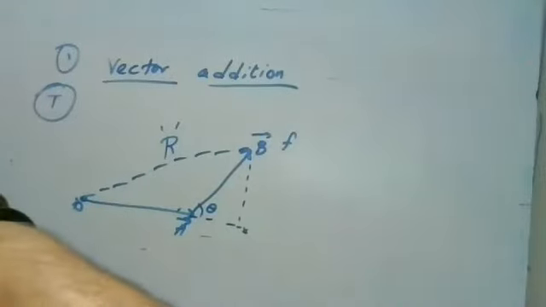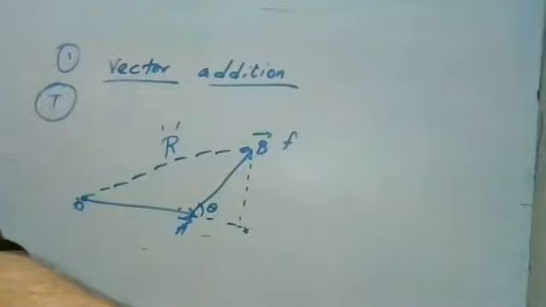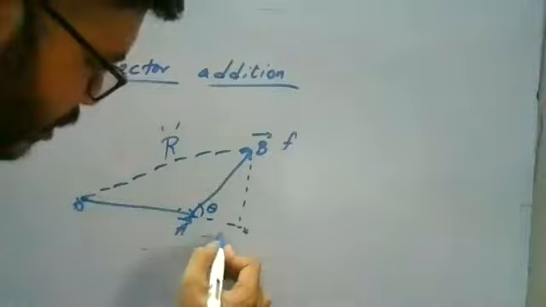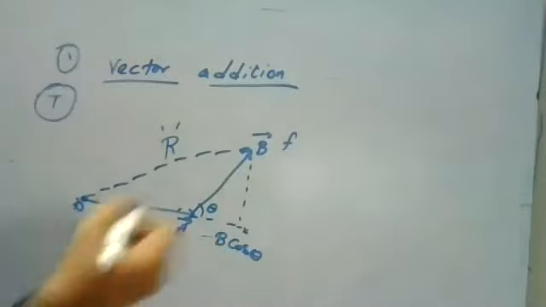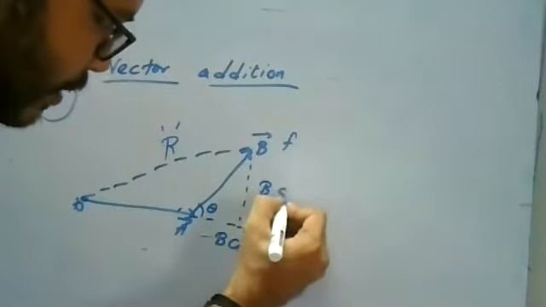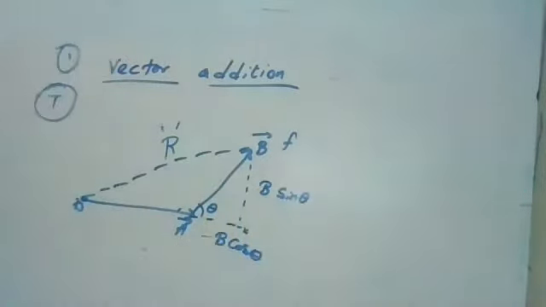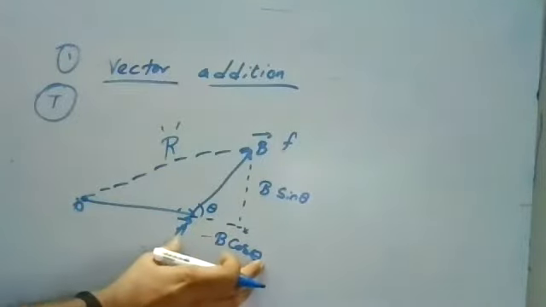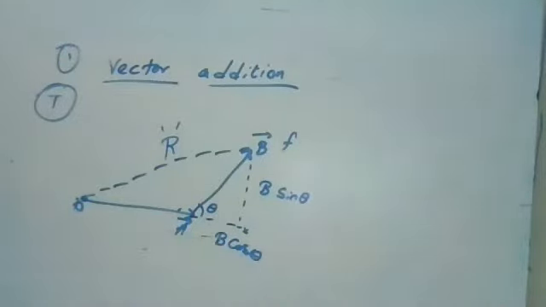When you are doing with respect to the x-axis, we mention it as cos theta, so it is B cos theta. With respect to the y-axis, it is B sin theta. If you know this, I'll go to the next step. Or else I'll explain how B cos theta and B sin theta come about. If you have any disturbance, just stop me there.